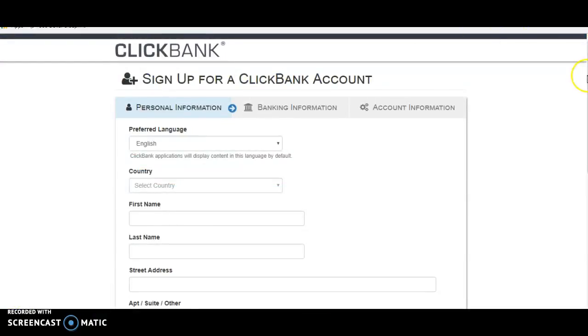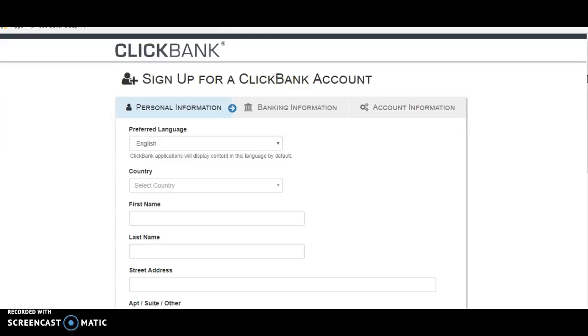And this is where you join ClickBank. Now let me tell you a little bit about ClickBank. ClickBank is a massive affiliate network, and they have thousands and thousands of products at ClickBank. The one thing that we do with our program is we link you in to ClickBank if you can get